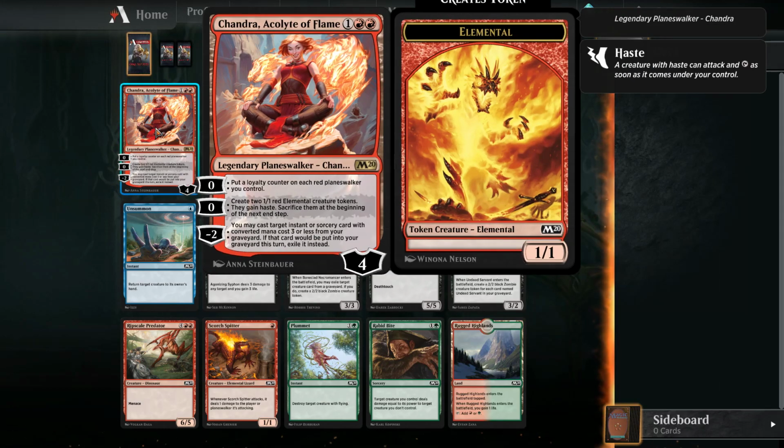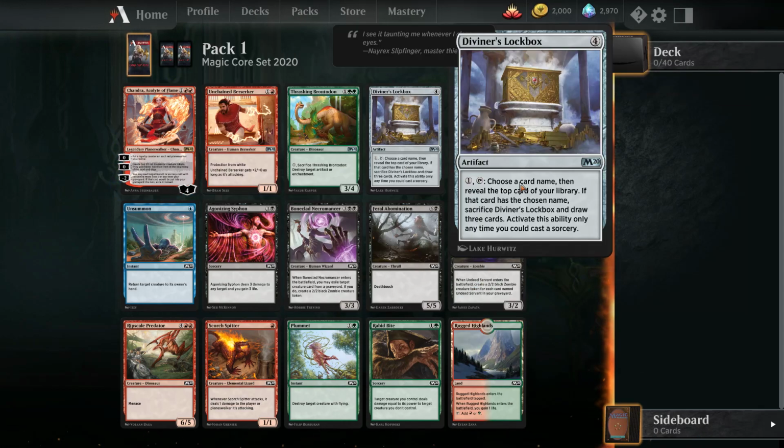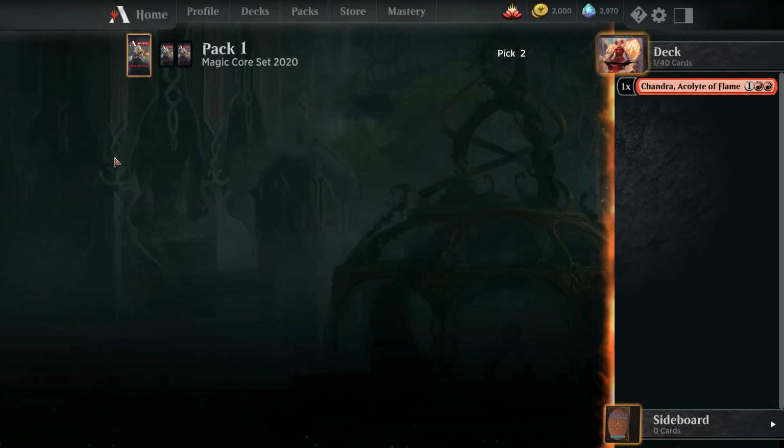In any case, I think Chandra has some real possibilities just in general for us to play. Worst case scenario, she generates an endless amount of 1/1 elementals. I mean, they do get sacrificed at the end of your turn. They have haste. I don't know. I think it's probably worth grabbing for a deck in general. Plus, it's a good card to grab. Again, I'm really bad at draft, so I'm going to make about 30 mistakes. Actually, I'll probably make...